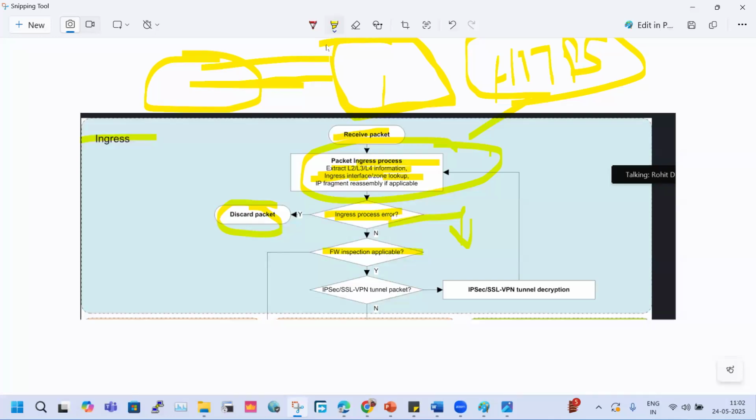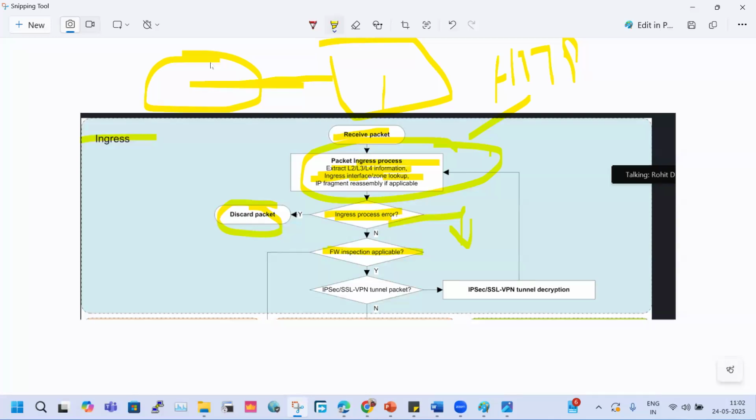At some level it will identify things like application signatures. But if you want deep inspection or content inspection, you can go with SSL decryption, right? So here we are talking about this stage, how the firewall gets to know whether inspection is applicable or not. Whenever the traffic is received by the firewall, we have two cases: either the traffic is clear text or it is encrypted traffic.